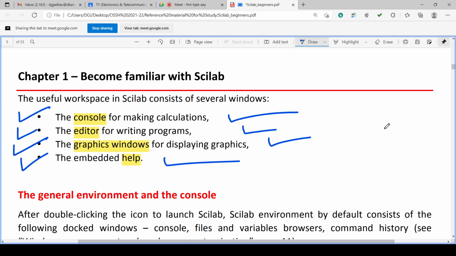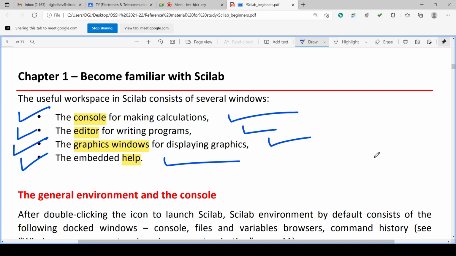The console window is the window in which we can type a command and execute it by pressing enter. In the console, in front of the prompt, we can type a single command at a time. Typing multiple commands becomes very difficult. So the console is for executing commands.